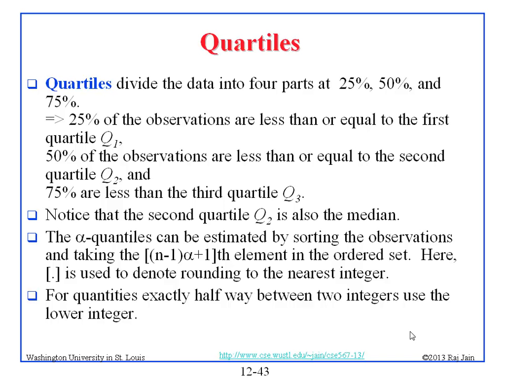So this doesn't say rounding up or rounding down, it says rounding. That means if it is 10.5, you go to 11th, if it is 10.4, you go to 10th. And for a quantity exactly halfway, if it is exactly 10.5, then you take the